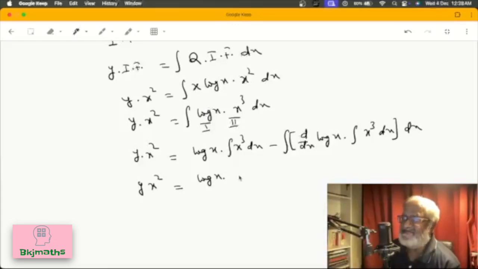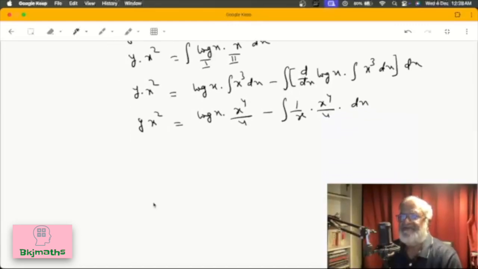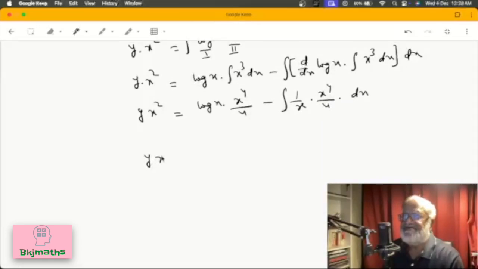Now integration of x to the power 3 is x to the power 4 upon 4 by the power rule, minus integral d/dx of log x is 1 upon x, into integration of x to the power 3 is x to the power 4 by 4 dx. So y into x square equals x to the power 4 log x whole upon 4 minus,